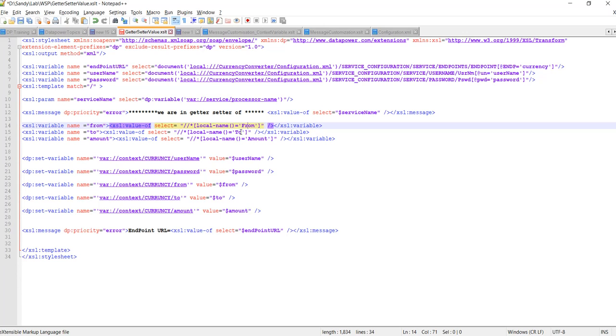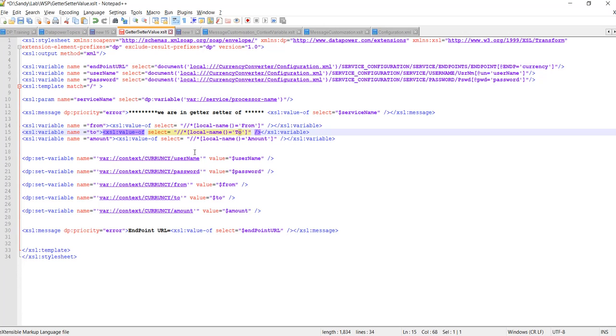Similarly, to get the value of to, we are creating one variable to, and we'll get the value of the to element, and after that we'll get the value of the amount element.